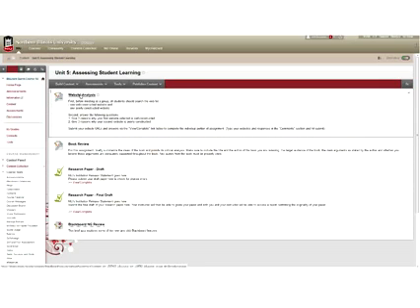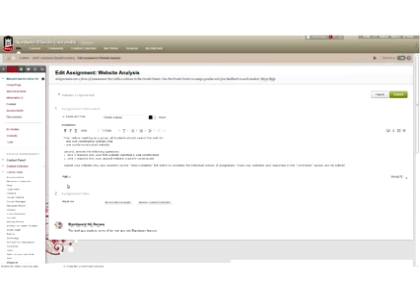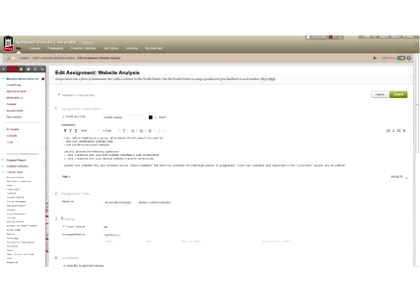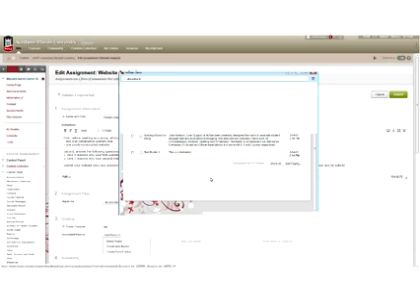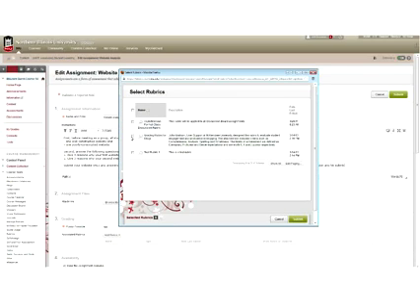I'm going to go in here, and making sure edit mode is on, I'm going to highlight over the website analysis link, click the download area next to it, and just edit it as if I was going to edit the assignment itself. In the number 3 section of the grading area, I can see that there's an associated rubrics. Here's where I'm going to attach that rubric. I'm going to select one, not create one, because I already have one. I'm going to select the rubric, and choose that rubric that I had already showed everyone. I'm going to click on that radio checkbox, hit submit,